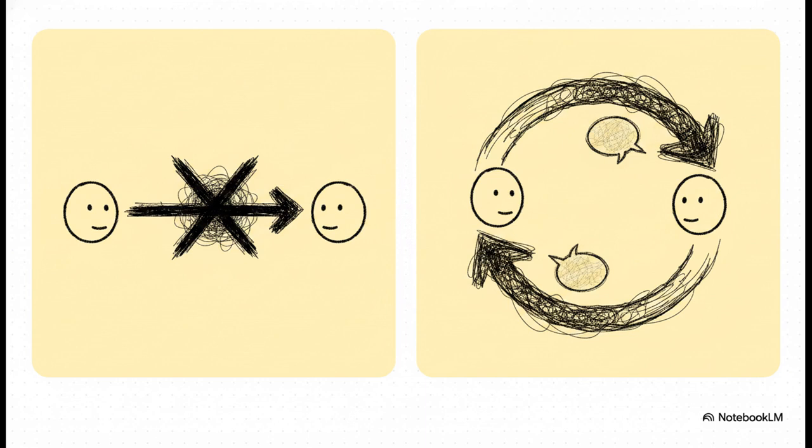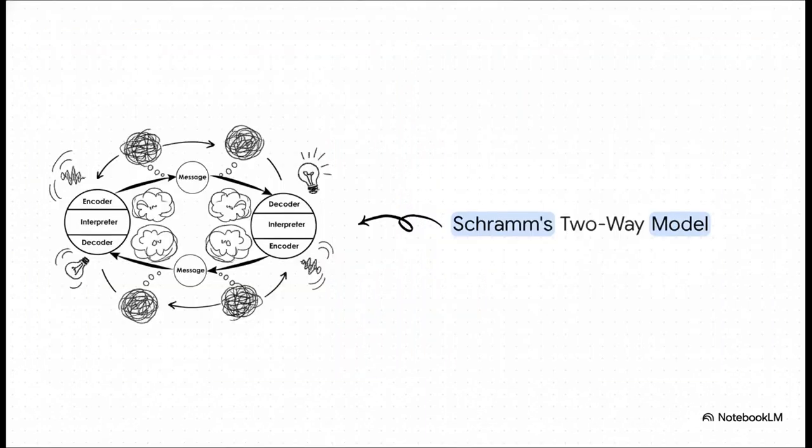It isn't a straight line where a message just stops once it hits the destination. It's more like a continuous revolving loop of encoding, decoding, sending, and reacting. The real game changer in Schramm's model is the addition of a totally new concept, the interpreter. This is absolutely huge. The receiver is no longer just a passive destination box like we saw in the telephone model. They're a vital, thinking person who is actively analyzing, perceiving, and trying to understand the message before they encode their own reply, sending the message right back.